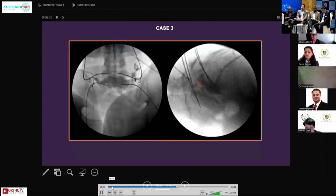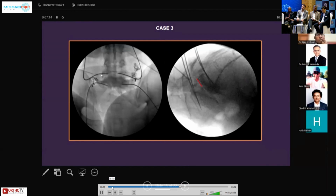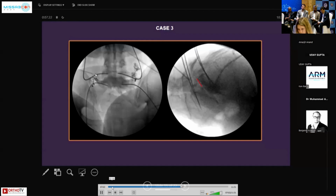I like to place the wires first, and then I go in with an 18 gauge, 8 inch needle, which is used for endoscopy, prior to making my incision for the cage placement. Why do I do that? I measure everything, and I calculate my entry point based on what Dr. Abbasi has taught me. And I also sometimes use the endoscopic way of getting into canvas, and I mix both